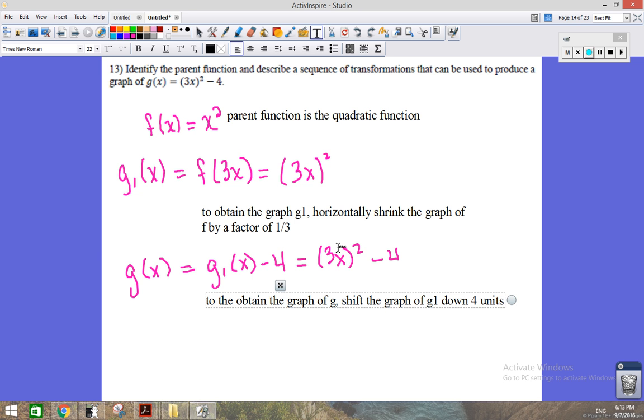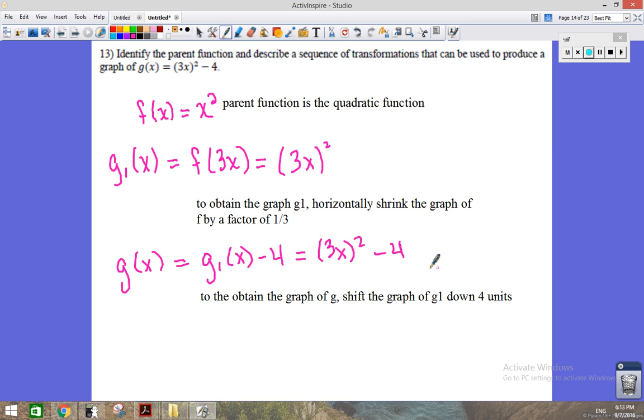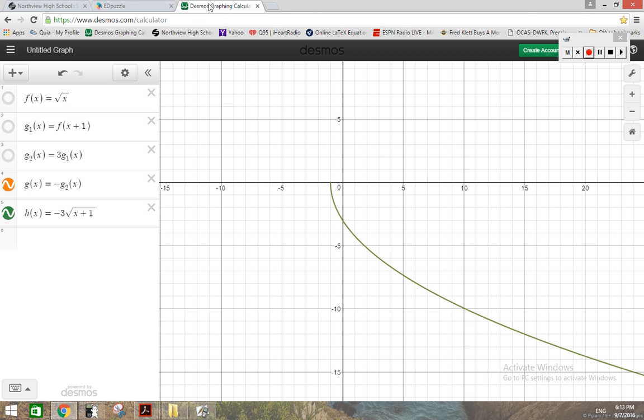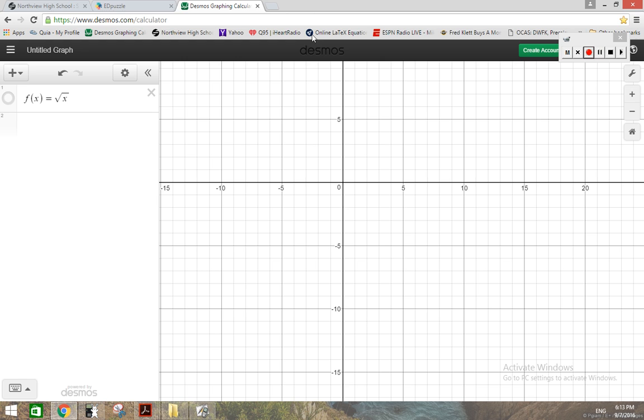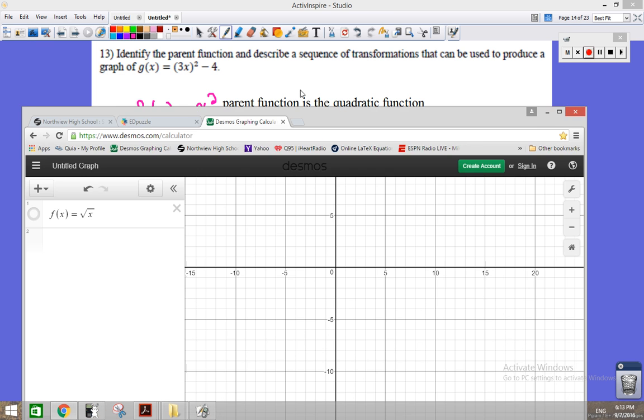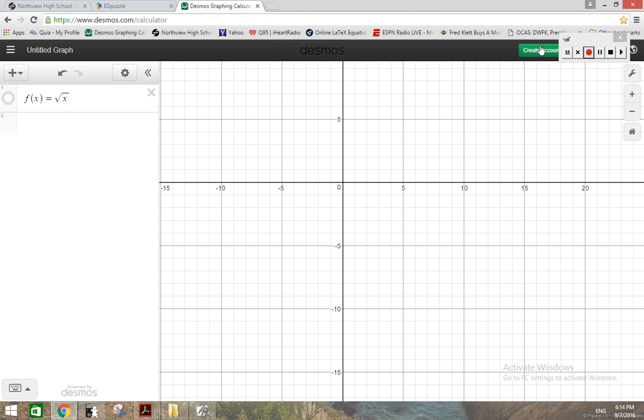Okay, so let's go to, like I have on problem 11 and 12, let's come over to this Desmos graphing calculator and kind of use it as a check of my answer. So what they want me to do,